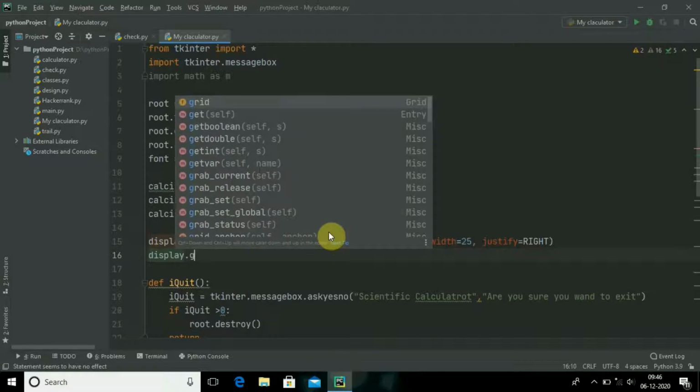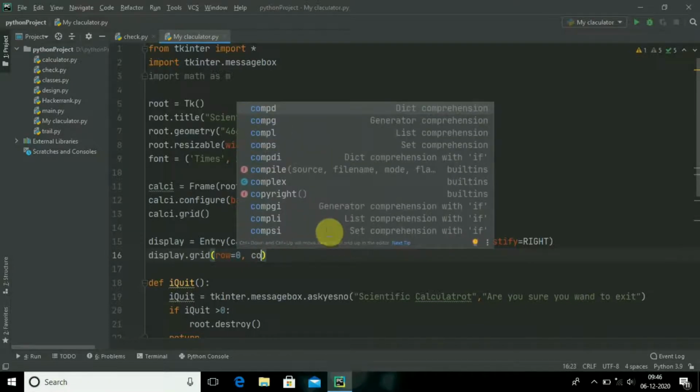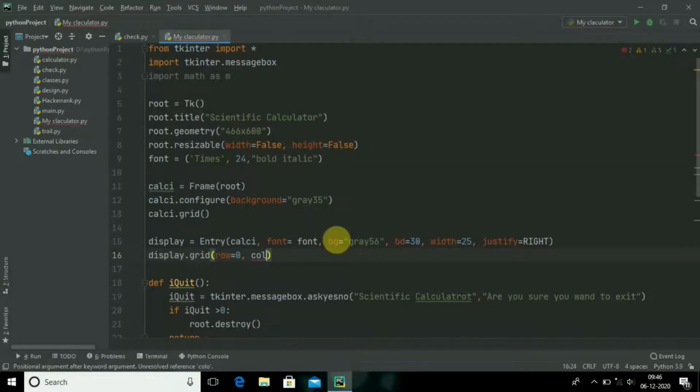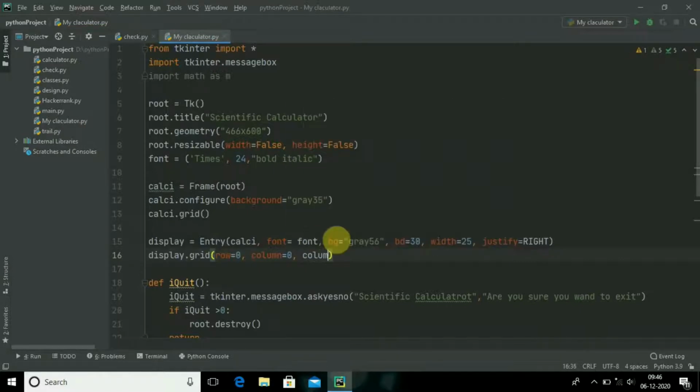That's why display.grid row should be 0, column should be also 0, column span, and you know about the span, pad y, padding through y, not 5, I will be giving it as 1, pad x equal to 3.